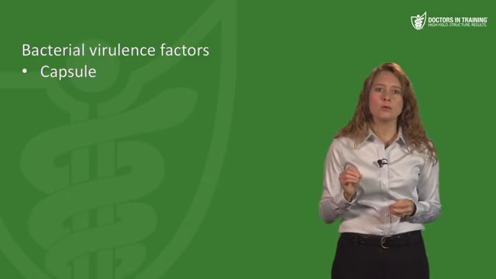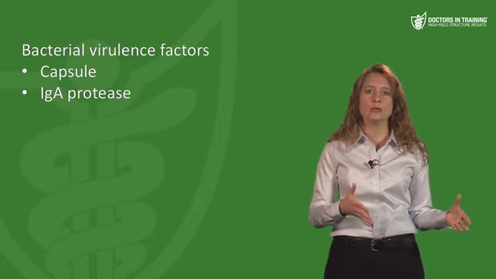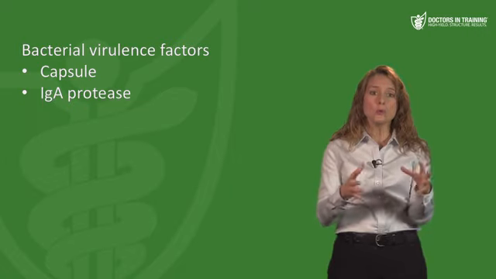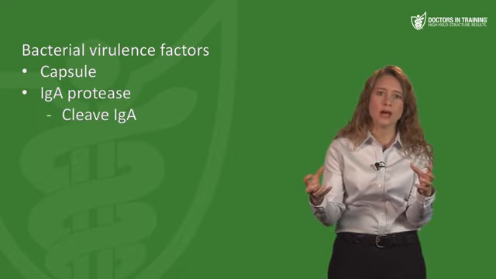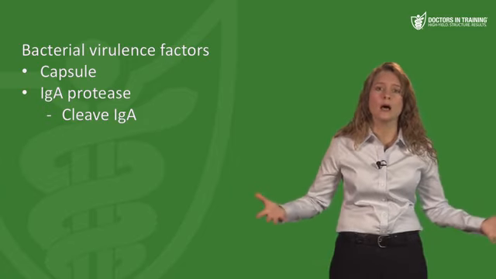As for virulence factors, I think the most important for you to remember is that capsule. Another strep pneumo virulence factor to remember is an IgA protease. IgA is the immunoglobulin that helps protect mucosal surfaces from bacterial infection. Well, an IgA protease can cleave IgA, which would help create a survival advantage for bacteria colonizing on a mucosal